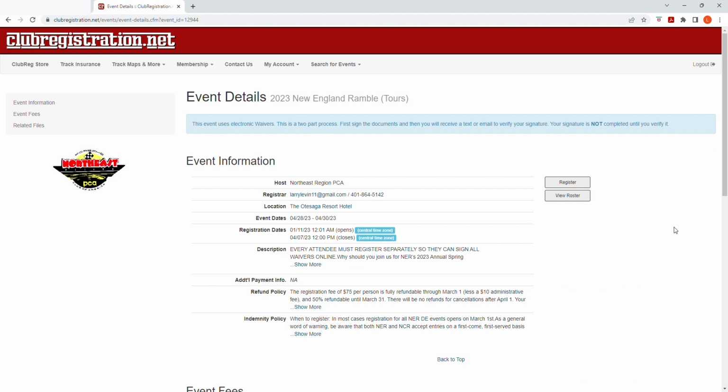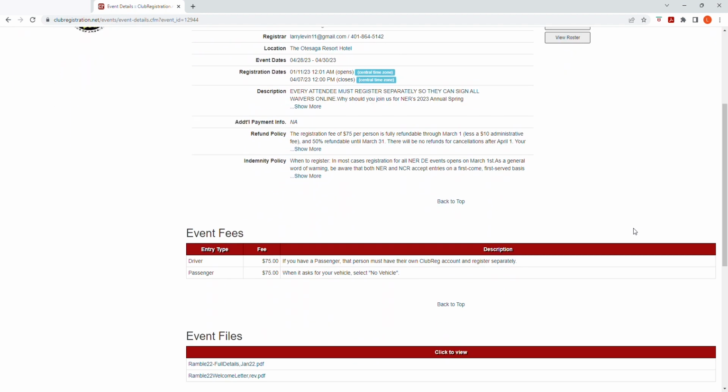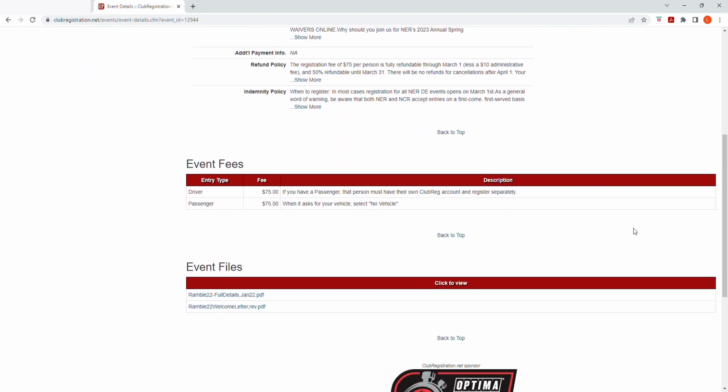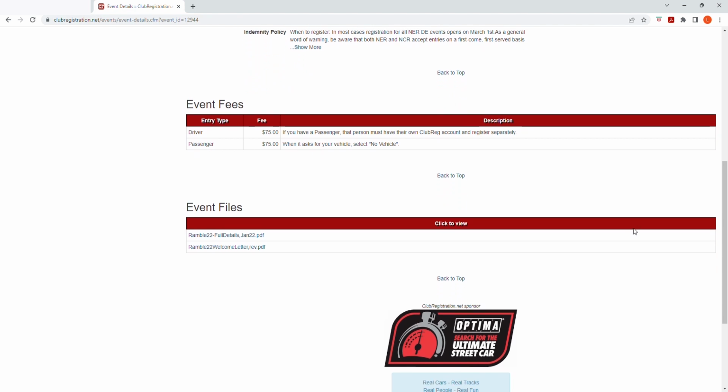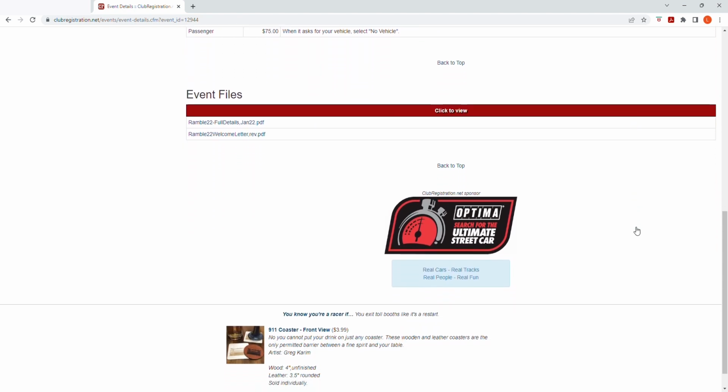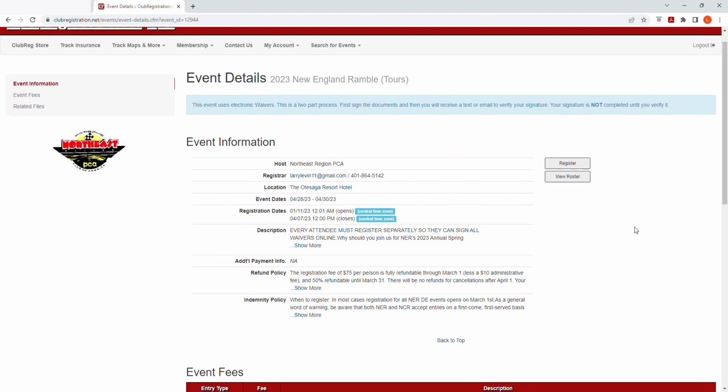You come in here, you'll see the event information. There's a few Show More buttons in there that you definitely want to click and read up on what's going on with the event and some of the details behind it. Once you get all through that, there's a Register button on the top right-hand corner that you can click to get the process started. In our example here, we're going to register the driver first. So let's click that button,